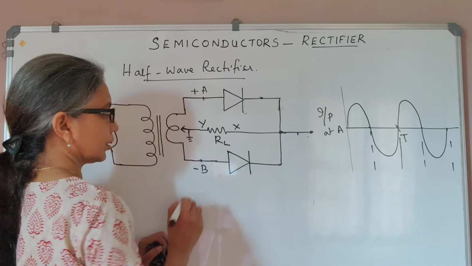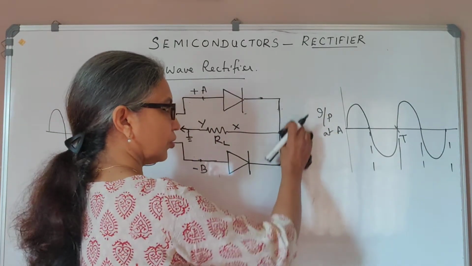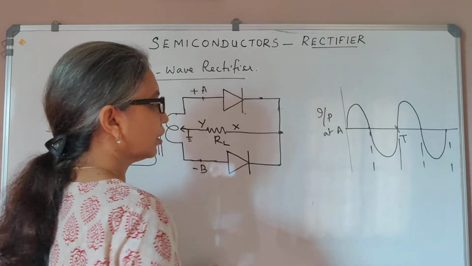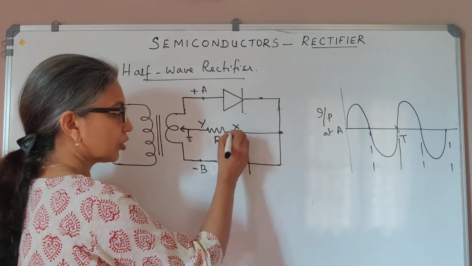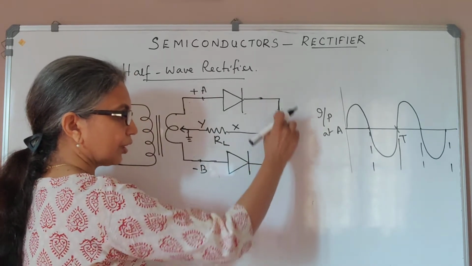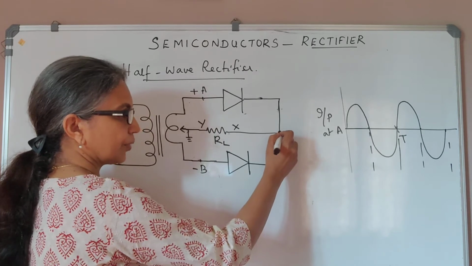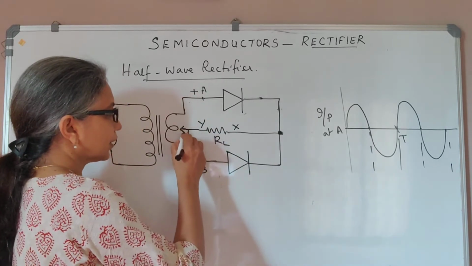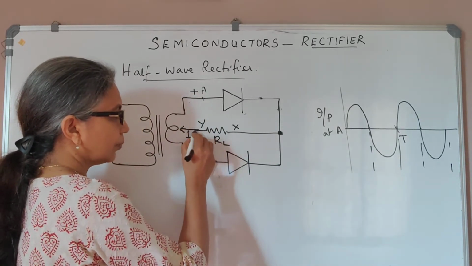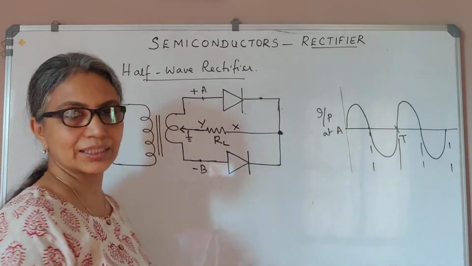Here we have grounded it. So this is also a simpler circuit. You can use this or the other one that we have drawn. Remember, your RL appears across x and y. X is between the two N type. We have connected the N side together. You take the X terminal from here, and the center tap, which is grounded, will be the other end, Y. And the RL is between the 2 points, X and Y.